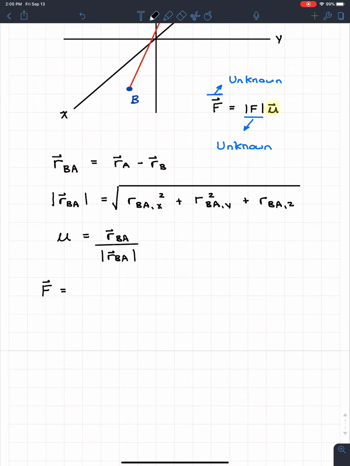Well, we don't know it. We're just going to say it's the force times the unit vector. And what I'm going to do for fun here is put this in brackets. This will not always be the values. I'm just going to put random values. Let's say our unit vector is equal to